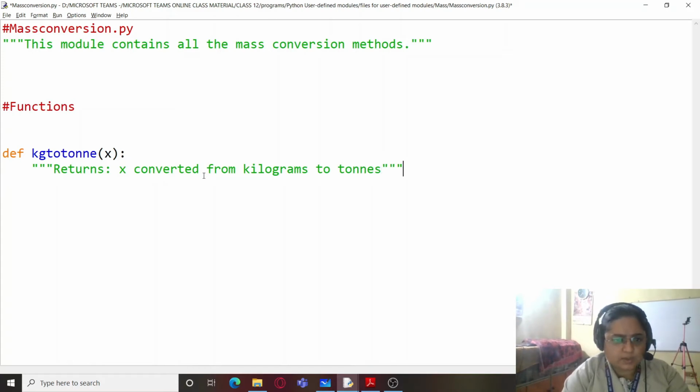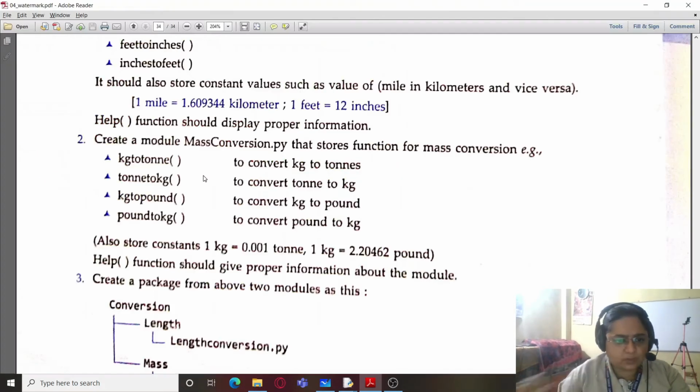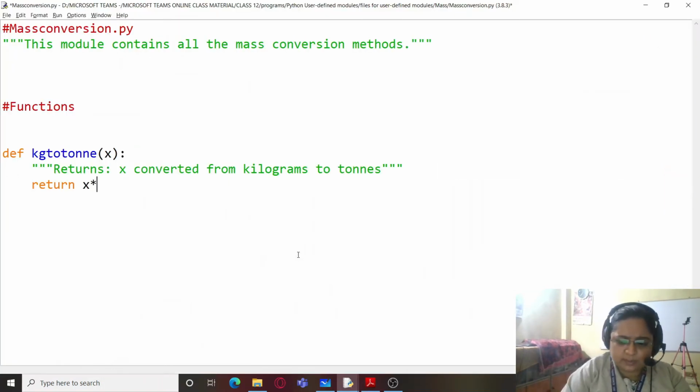So that is my doc string here, and I'll be writing return x multiplied by, I already have 1 kg equals 0.001 ton, so I'm going to simply multiply it.